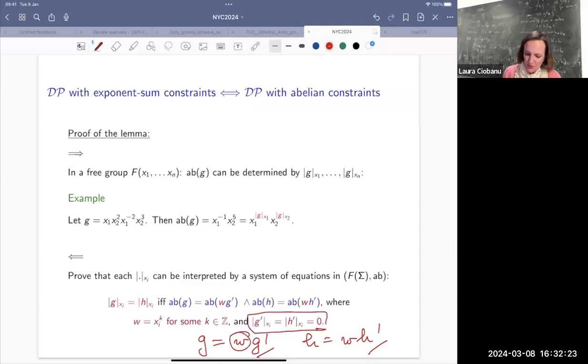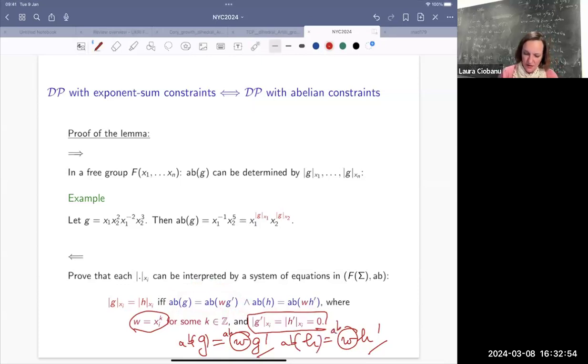And W appears in both places, and it's some power of xi. Okay, so it's not exactly, sorry, it's not writing that G is equal to that; it is the abelianization of G is the abelianization of WG prime, and the abelianization of H is the abelianization of WH prime. So I need to stick an A, B here and everywhere else, but you see that the point of this is